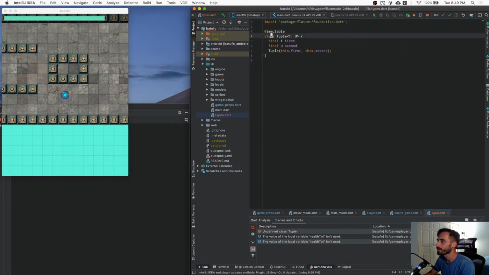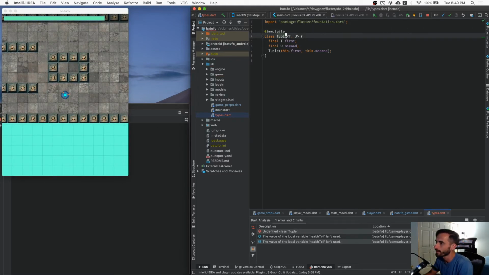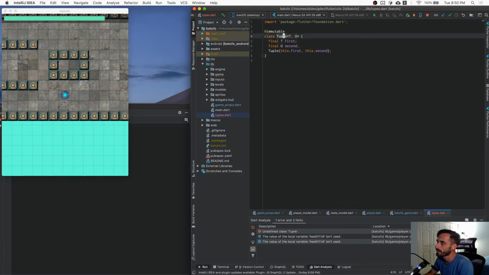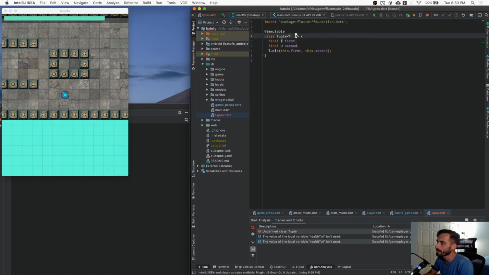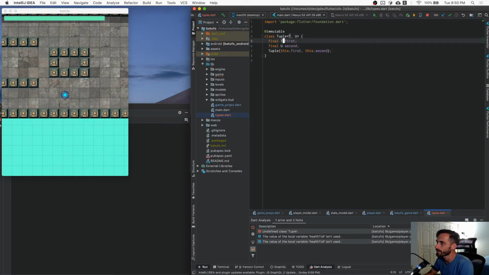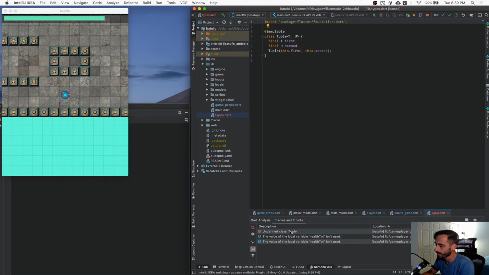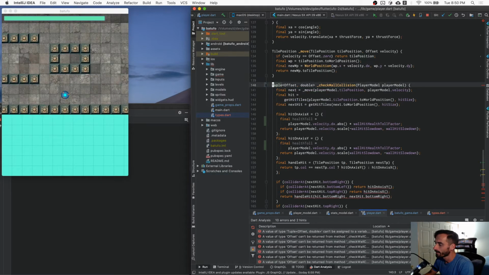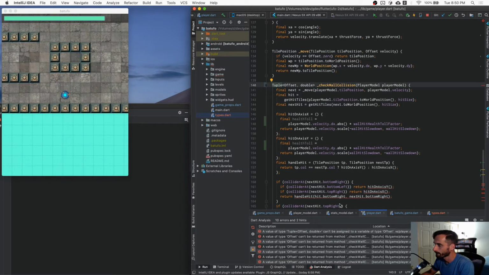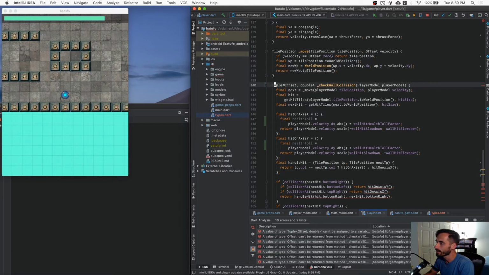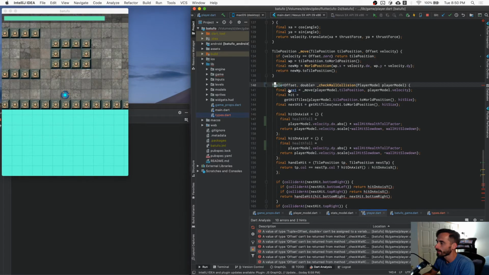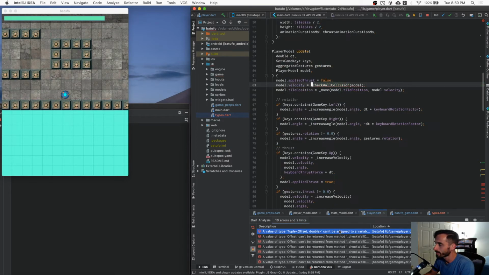Okay, so now we have a tuple. So basically here we have a generic thing. So we're saying we have basically two things on this tuple, two data points, and they can be any type, T and U, and so it's a generic data structure, right? We can give it whatever we need it to be. So now if we import types, okay, now of course we get all these errors, but now we can see that this is, I'm just going to hover over this, this is now a tuple T of U, and T would be the offset and U would be the double, right? So now obviously we get a bunch of errors here